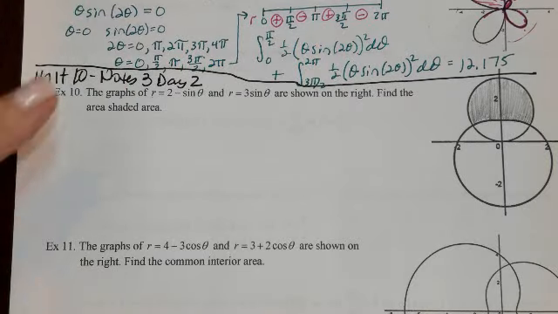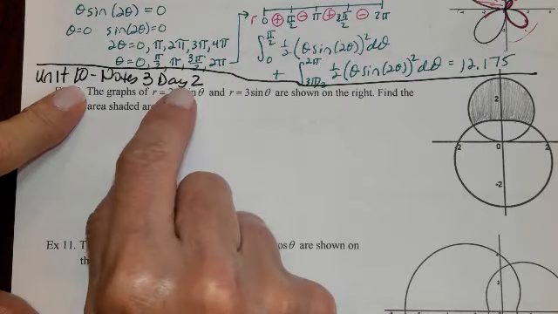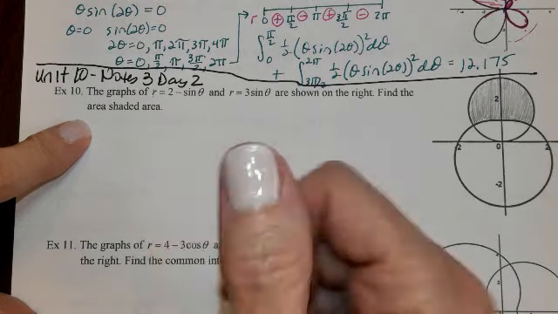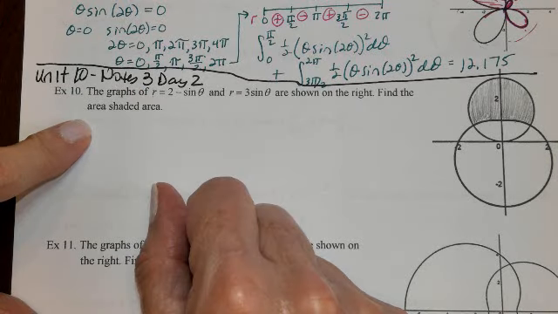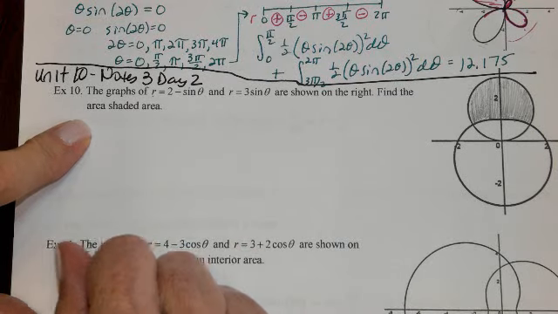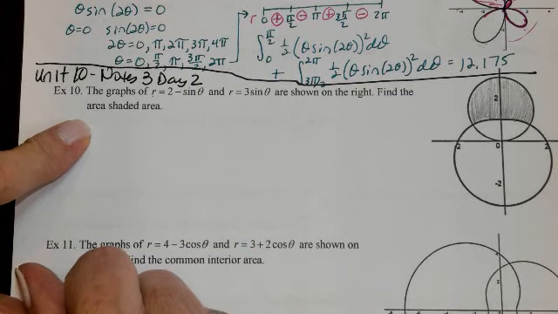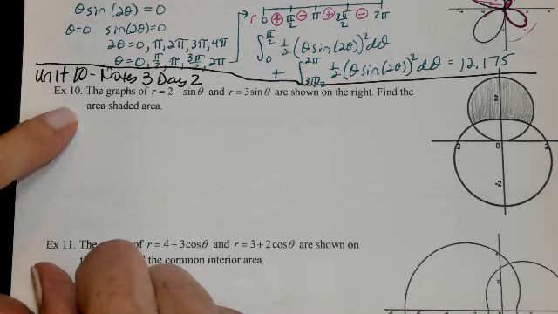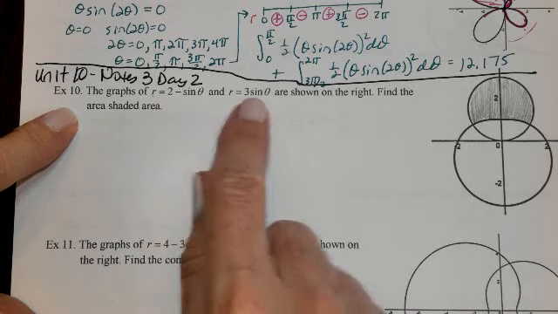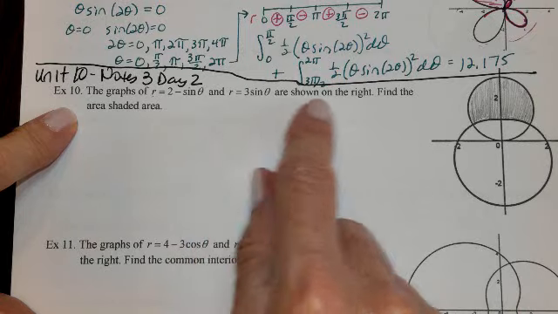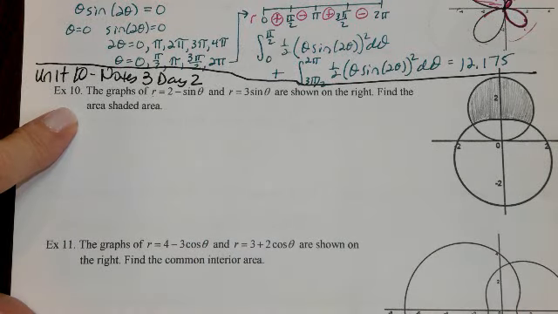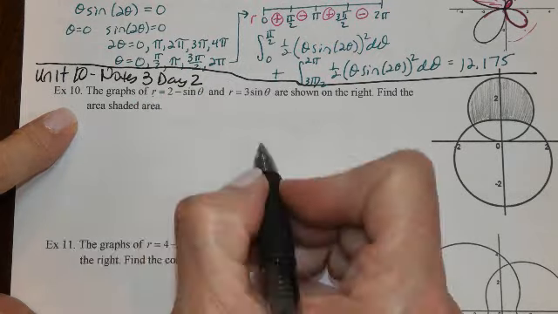We are in Unit 10, and this is day 2 of Notes 3. So we are continuing with our area of polar graphs, and in this, we're just going to dive right in, continue where we left off on day 1. So this is example 10. The graphs of r is equal to 2 minus sine theta and r is equal to 3 sine theta are shown on the right. Find the area, this is a typo here, it should say of